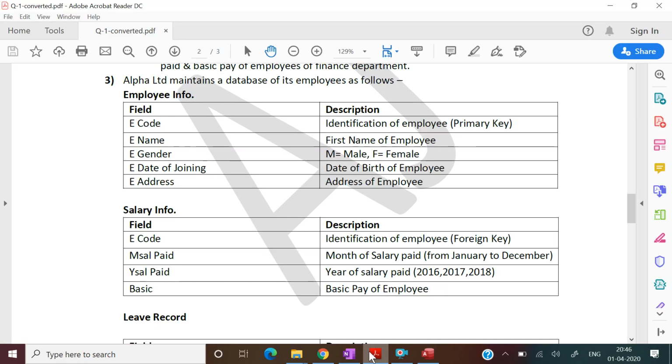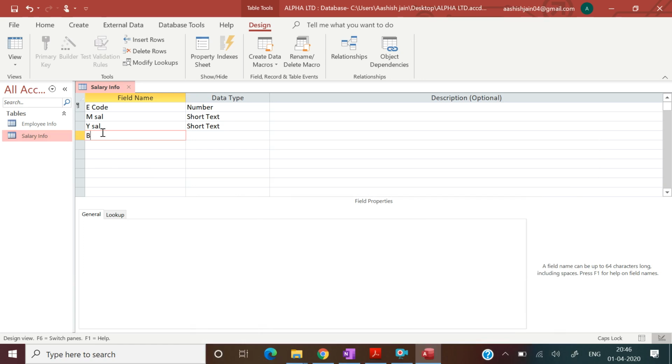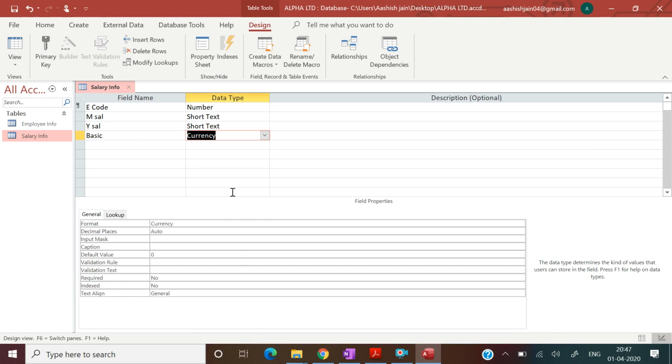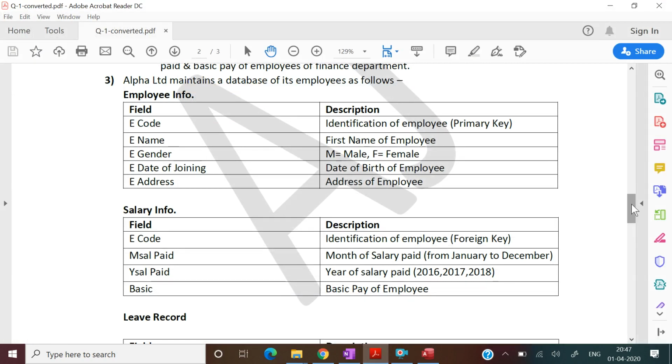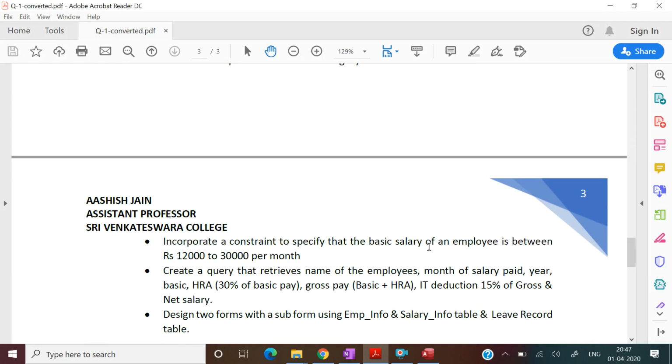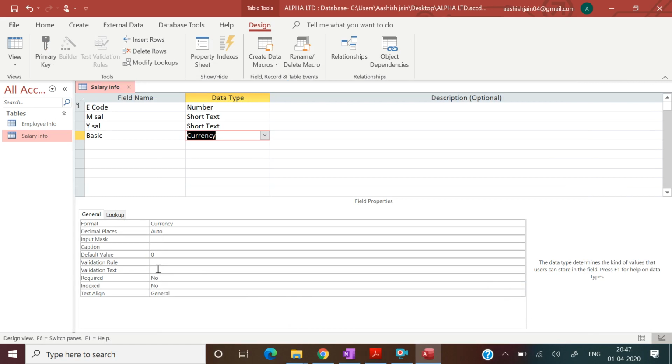Then we have basic. That should be in currency, and there was a constraint for salary. Yes, there is a range of salary, that salary should be between 12,000 and 30,000. So we need to put in a validation rule that it should be greater than 12,000 and less than 30,000.